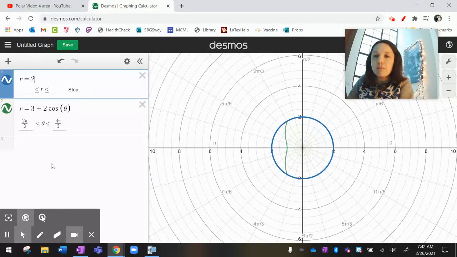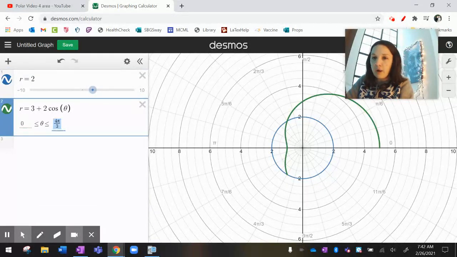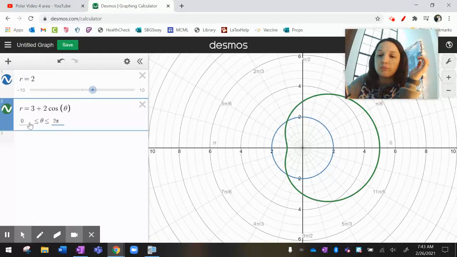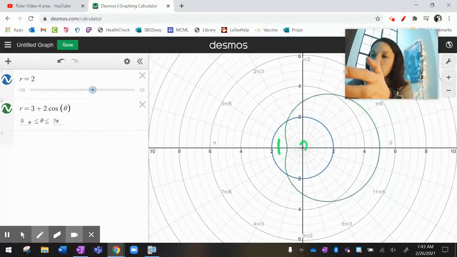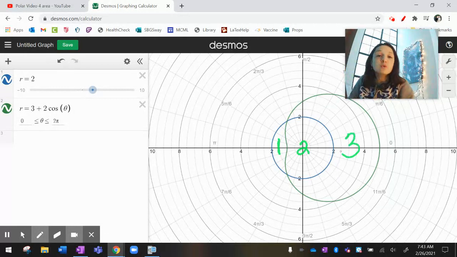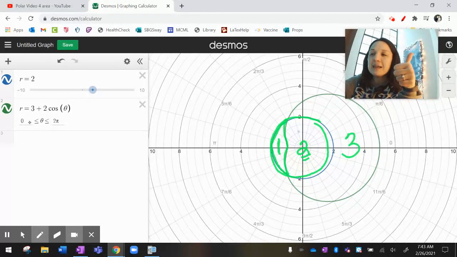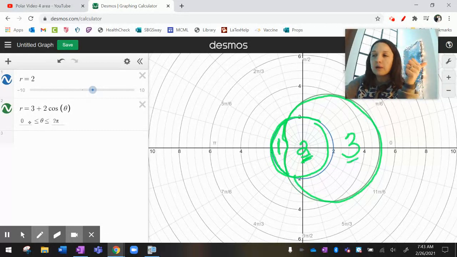So if I come back and I graph this again from 0 to 2 pi as it should be, what I thought about is that I'm going to split this into 3 regions. Region 1, Region 2, and Region 3. Region 3 is what I want. Region 1 would be the area from 2 pi over 3 to 4 pi over 3. So I said, well, if I can find the area of Region 1 and then subtract that from this circle, then I get the area of Region 2. If I take the whole lima bean and subtract Region 2, I get Region 3, which is what I wanted